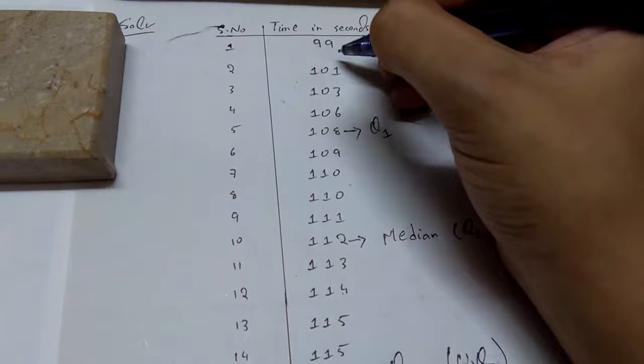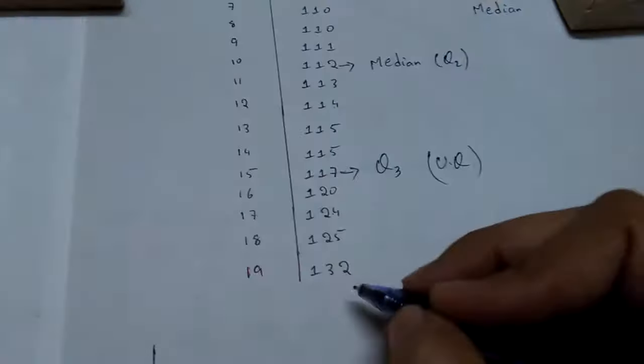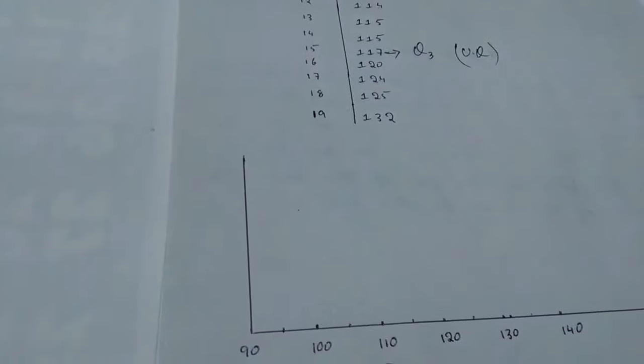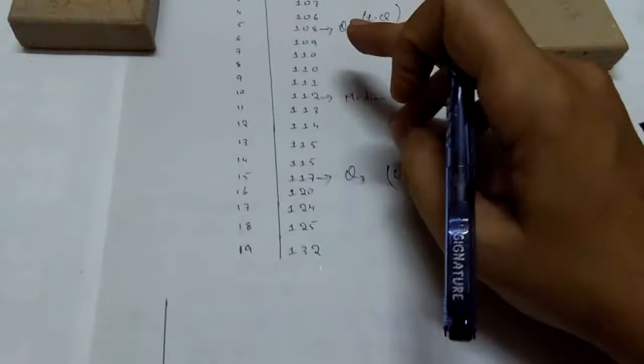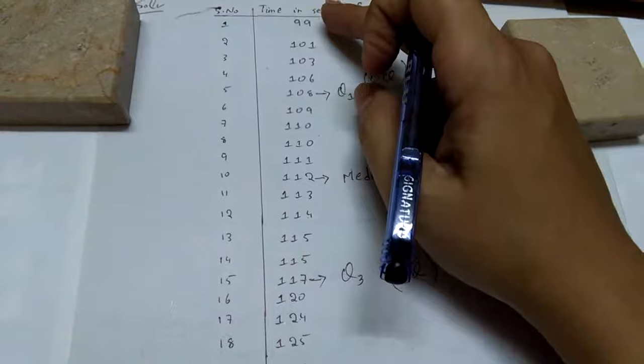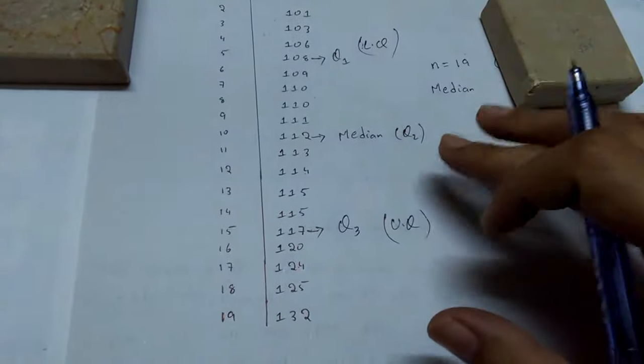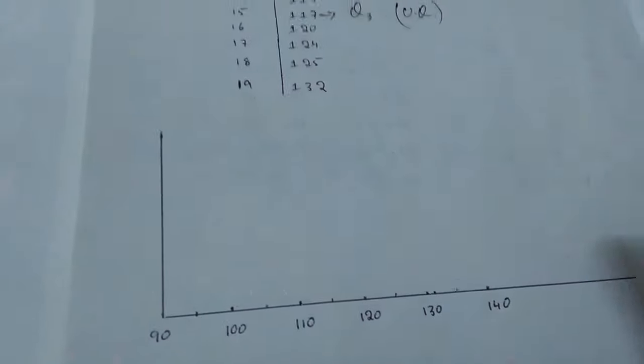Fine. Now let us try to find out, this is the minimum value of the time data, and this is the maximum value of the time data. So now I have to maintain all these values, the minimum, the maximum, the median, and the upper and lower quartiles over here, and then we are going to form the box and then join the minimum and the maximum values